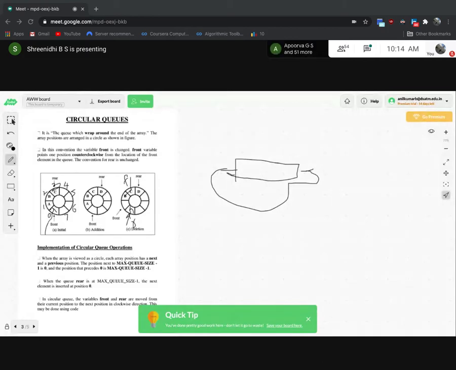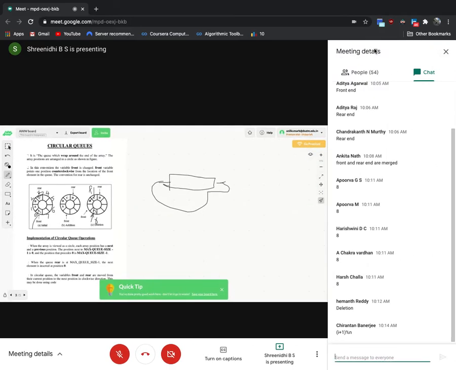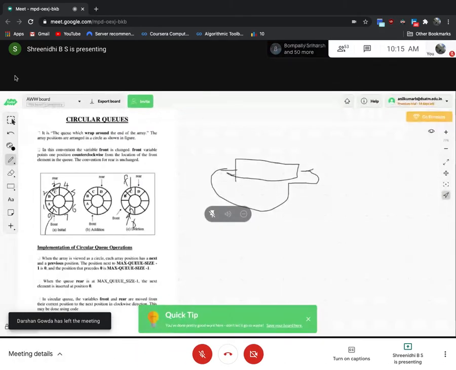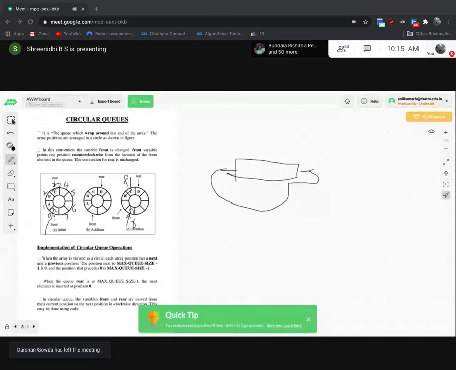Deleted index, yes, fine, I know that. What is that index value? I plus 1 mod n, correct, Chirantan. Where will it go? That index value, the exact index value, I wanted.